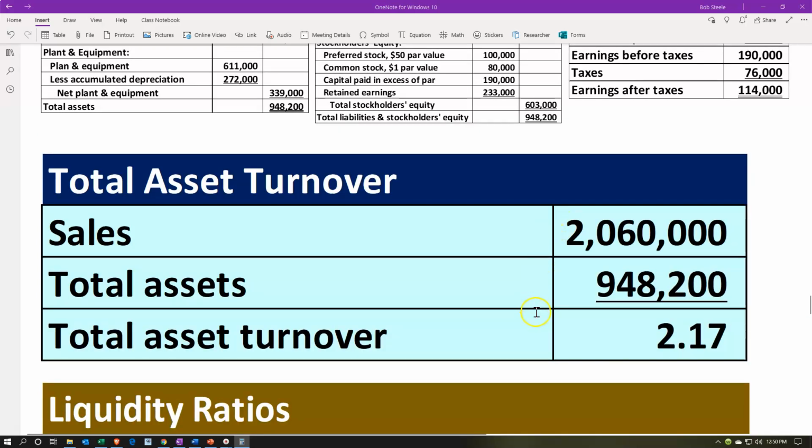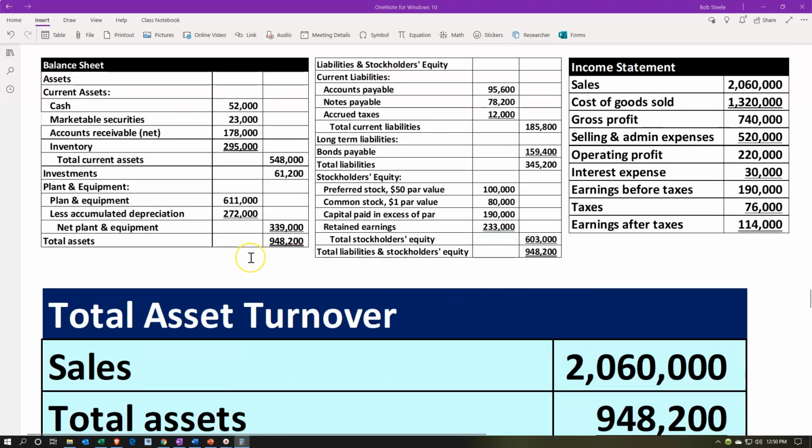Once again, you want this number to be higher. Higher would be better, because obviously we want the sales to be going up. We would like sales to be going up with fewer assets. Remember that we have the assets there in order to generate revenue in the future, the assets on which we're able to generate sales. So if we can increase sales and have fewer assets, then that would be good. If we can keep the sales high where they are, or increase them with fewer assets, because the assets aren't